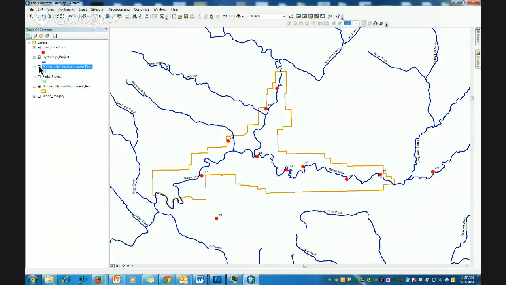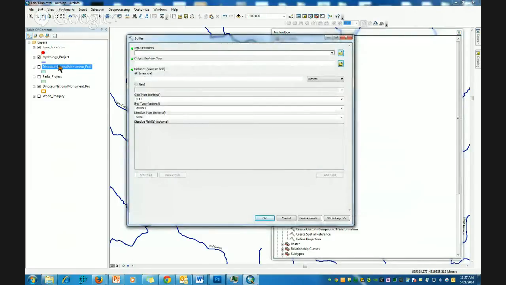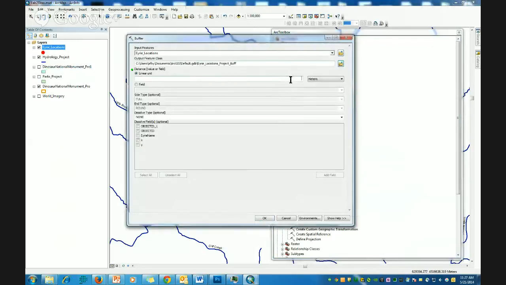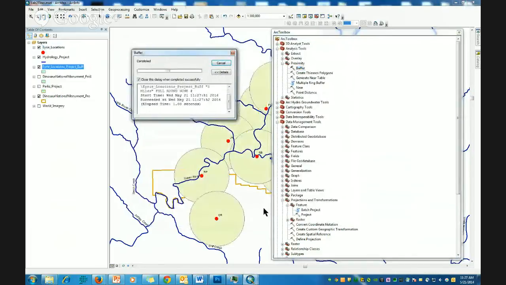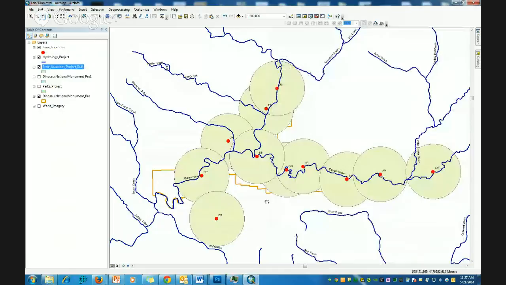Now another way to think about this is to go 5 miles from an eyrie itself. So I'm going to go back to the buffer tool, and instead of using Dinosaur National Monument, I'm going to use the eyries, and again I'm going to run 5 miles and run the tool, and we get a slightly different output from this one, which is a little bit harder to interpret,